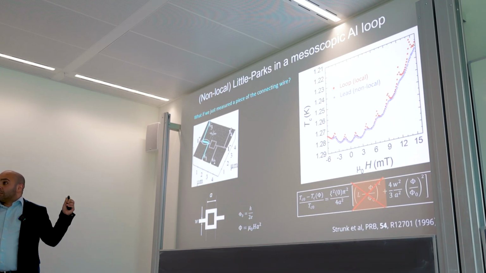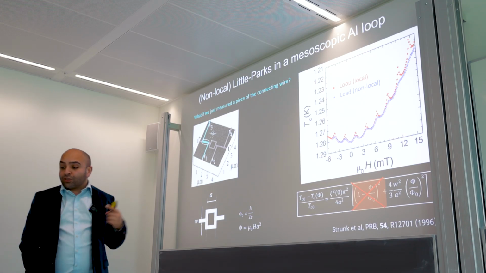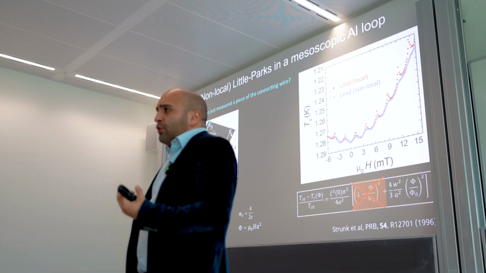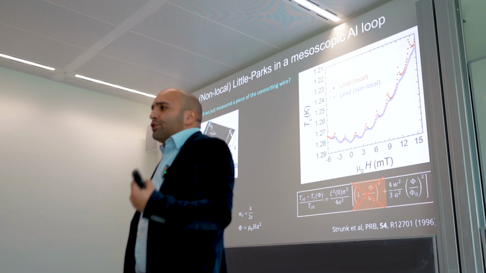Now, if this was any other superconductor, if it was actually niobium, then your coherence length is like 13 nanometers. Well, then you really need to make things a lot smaller. So that's basically something to watch out for, because back in the 80s, 90s, and even to this day, aluminium is the gold standard of all these superconducting